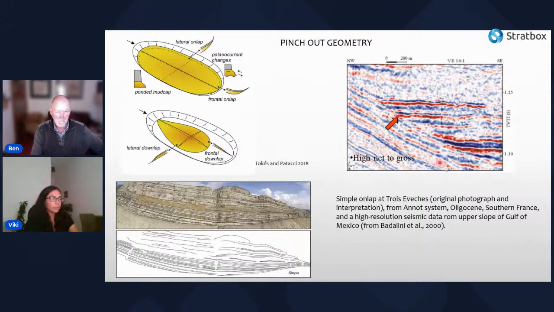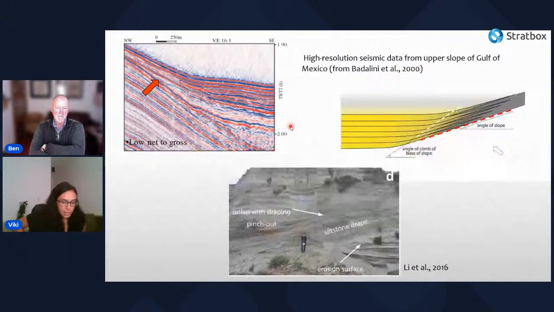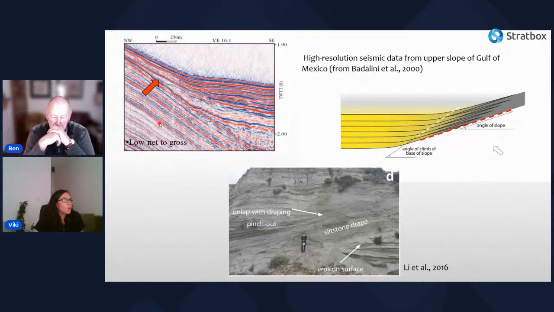If we move on, there, perfect. If we have some systems in which we have more muddy flows, we tend to have more draping on-lap. So in here we have the same data from upper slope of Gulf of Mexico. In this case, we have low net to gross. In here, we can tell that this is the on-lap surface. And we can see that these reflectors, they are quite parallel until they reach the on-lap surface in here and